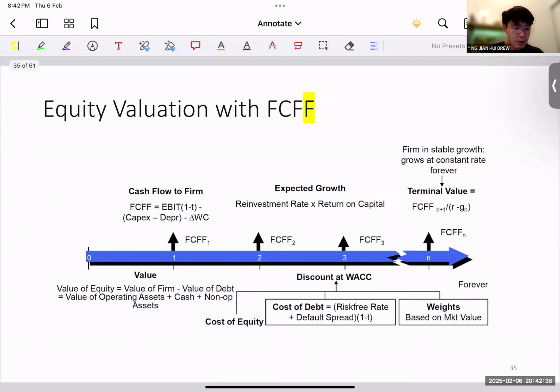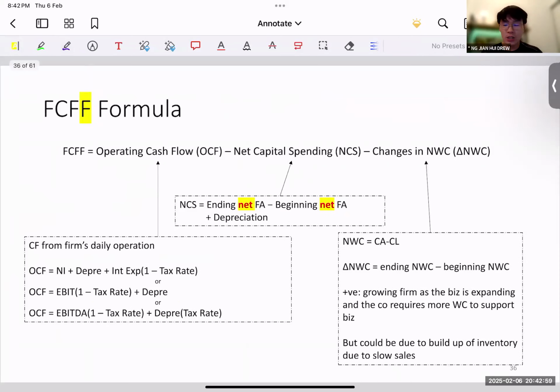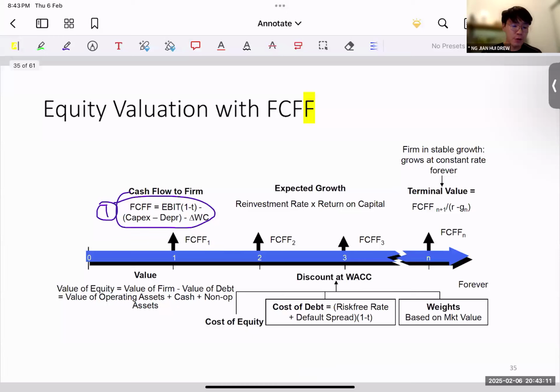Okay, so the first way to determine this is using this EBIT formula, right? So your FCFF equals your EBIT times (1 minus tax), plus depreciation, minus capex, minus change in working capital. Okay, so this one is just one formula. Do not worry, because we have a next slide which goes into detail on how we determine the formula per se, right? So how do you determine the free cash flow? Okay, so let's hold that thought for a while before we go there.